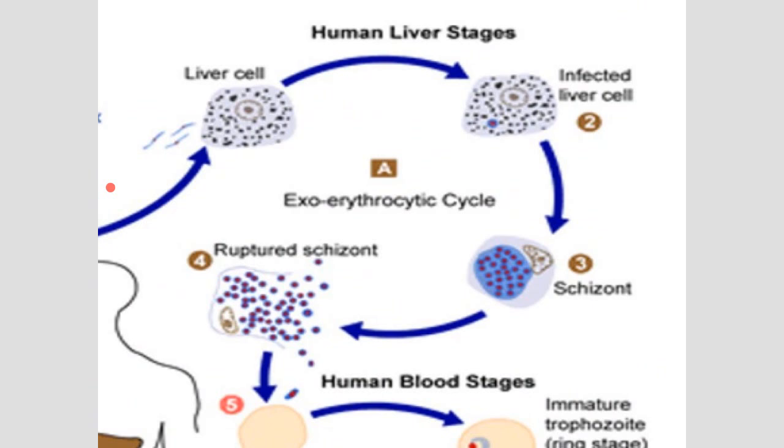So you can see it goes to infect a liver cell, and then in the liver cell, sporozoites change into schizonts. So they are schizonts, whichever way you want to pronounce it, right? And then they will multiply over here. You see, it's just one sporozoite. They keep on dividing and multiplying, and then they will rupture. So you have the big schizont over here, and then again, it's taking a cycle. It's taking time. Those of you who have had malaria, those of you who have seen a patient, their fever goes in a cyclic nature. It goes up and down, at certain timings of the day. That's because of the nature of the cycle.